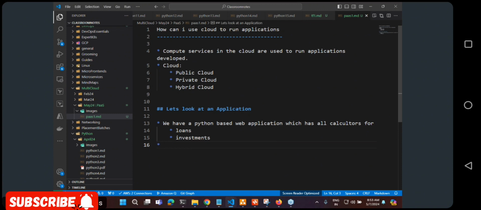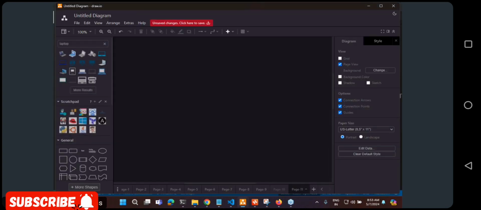All you need to do is log in to my website, create an account, log in to the account, and then I'll give you some calculators, and then you can calculate whatever you need. This is what I've done. As of now, this application is developed locally on a laptop. So let's see the options available.